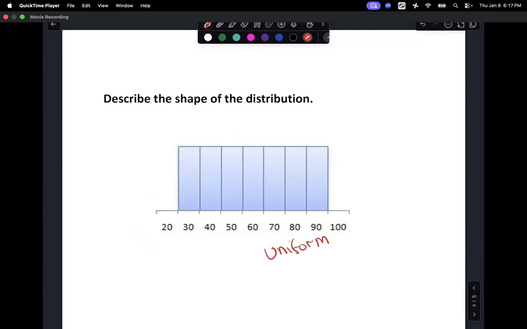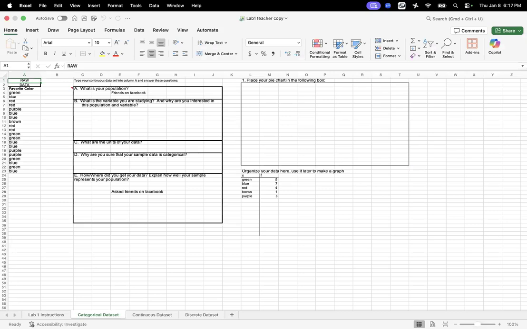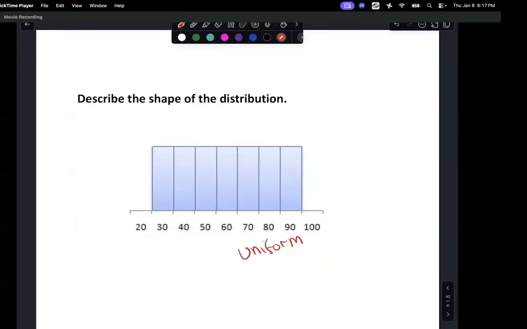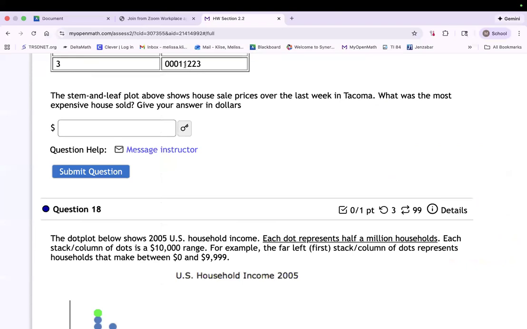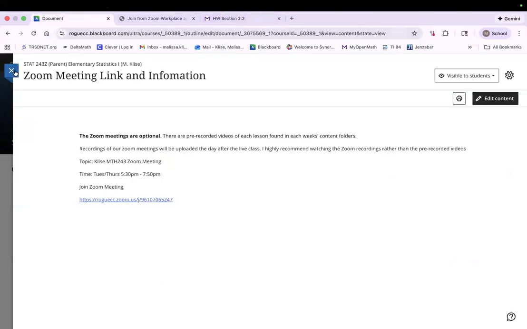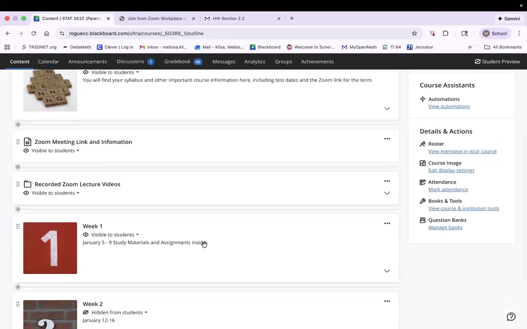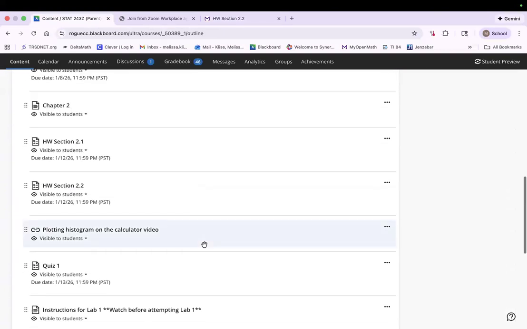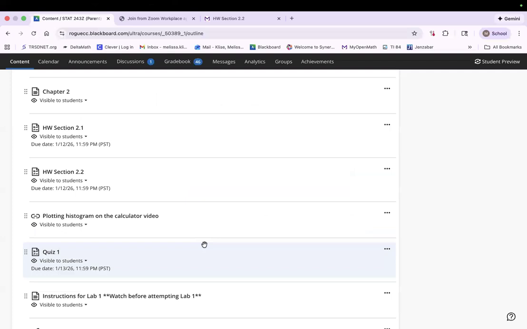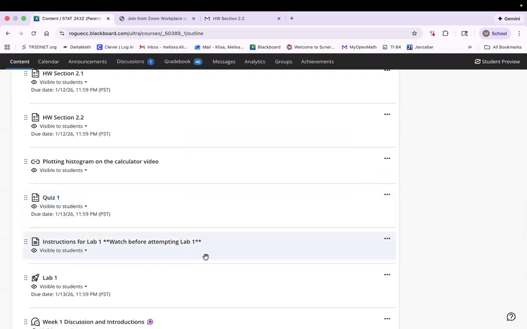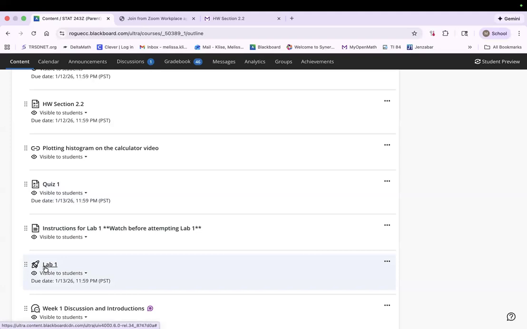They're pretty great. Okay. Now, you're welcome to follow along with your own lab if you already have the materials, or I don't know if you've already collected your data. I'm going to start with categorical. The way you get to the lab, I'm going to go there first because sometimes it's confusing. So I'm going into week 1. If you need to watch the instruction again, you can either come back to the Zoom or there's a video right here that has the instructions for how to do the lab. So if you just click on the lab,